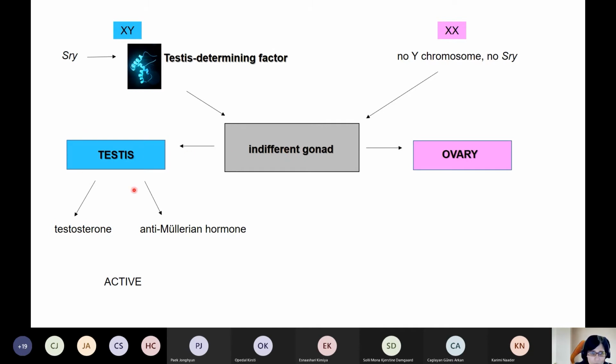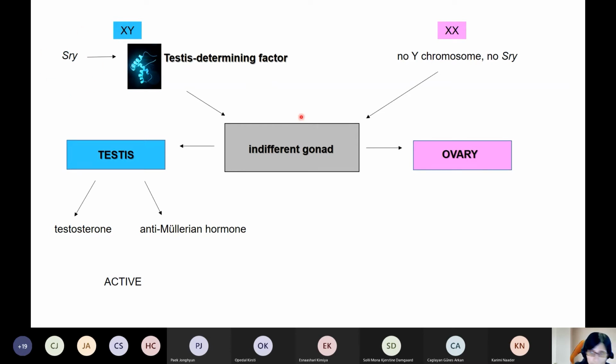And then hence we will get the testis development. Inside the testis, testosterone and anti-Mullerian hormone, these two hormones will be produced, and they will define the male development. So we could say that this is an active development. For getting the testis development, the SRY gene